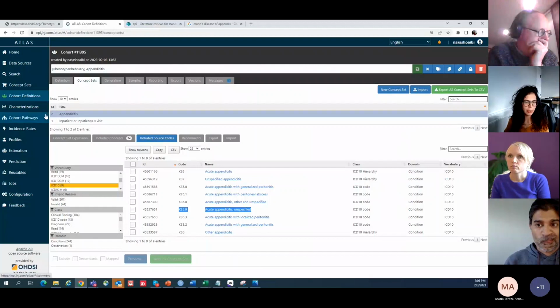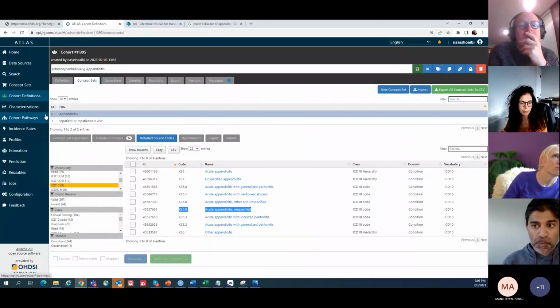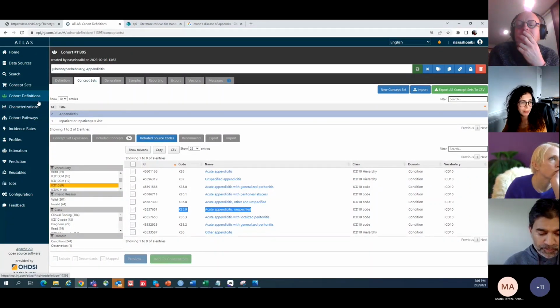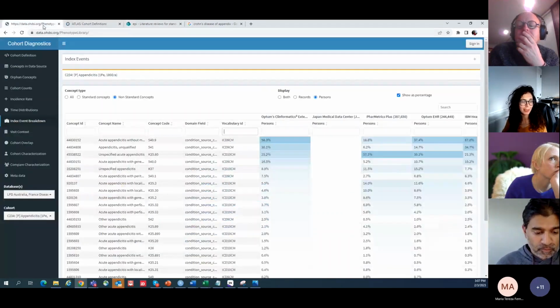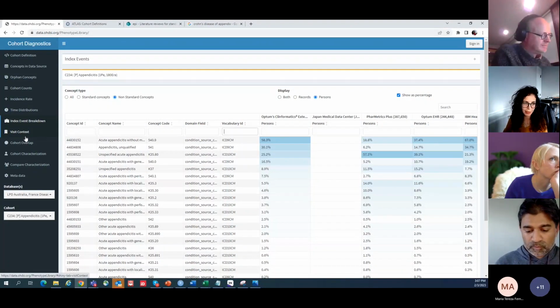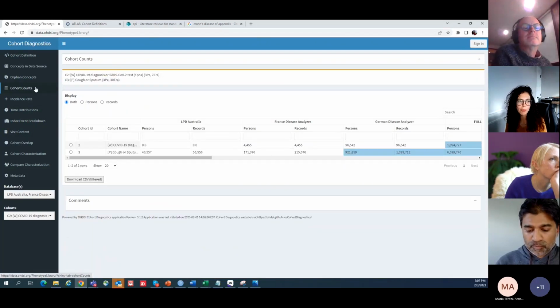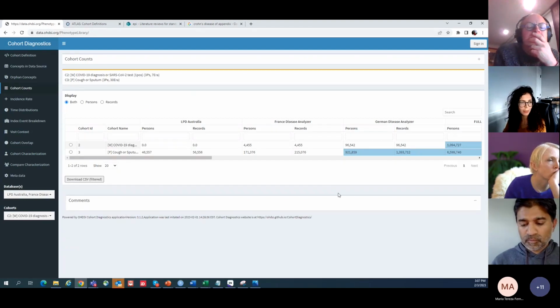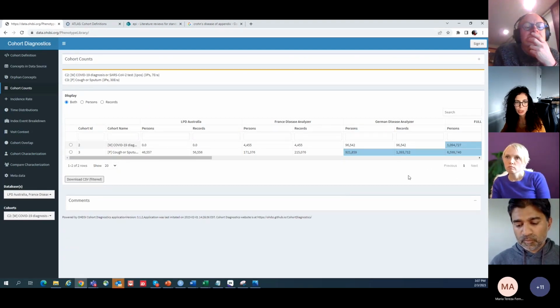So now we know that we're not really missing codes other than the one recommended, which maybe we want to report back to the submitter, consistent with what others have done in the past. The index event breakdown looks good. He already required a hospitalization, so 100% of the people will be in either an ER setting or an inpatient setting. But given I'm worried about the sensitivity, I can quickly check the counts